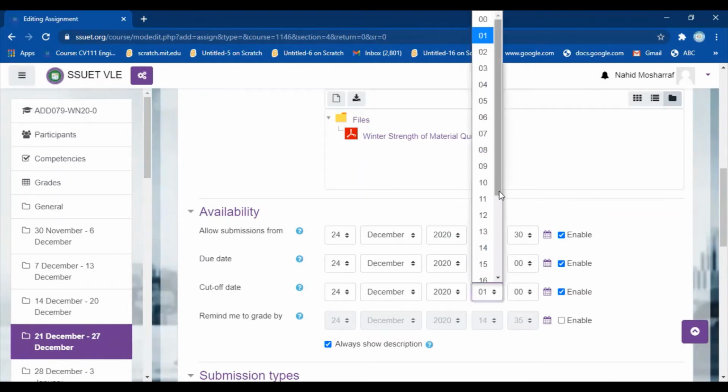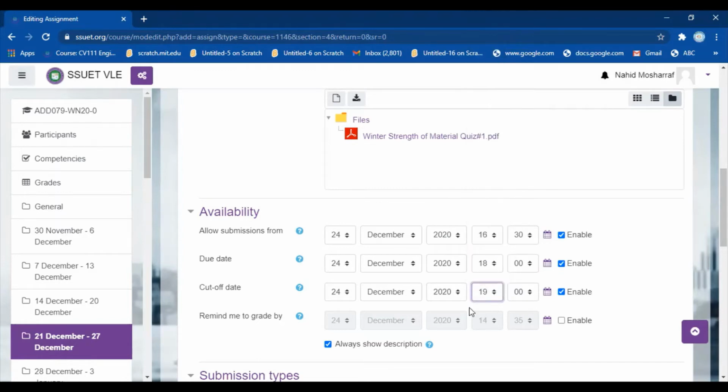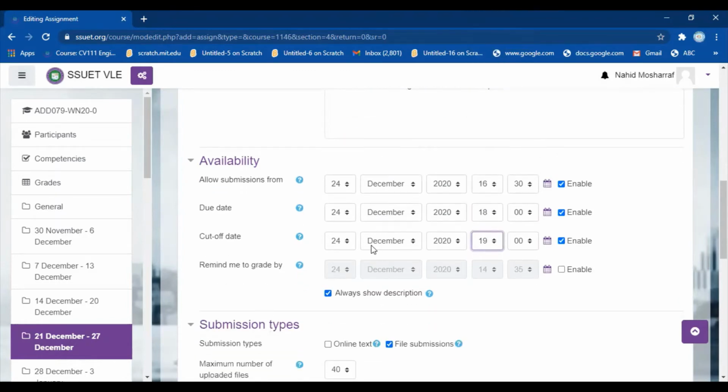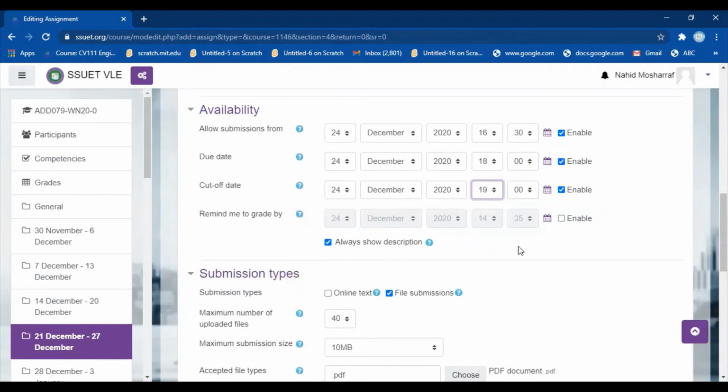So the timing will be, for example, I am giving 7 o'clock, a 1 hour margin here. The quiz is around 1 hour, but I am giving 2 hours extra. The 1 hour is visible to them, that they can see the 4:30 to 6 o'clock timing. But the other 1 hour is extra for the submission if they are having internet connectivity issues, load shedding, or any kind of problem. So they have a margin to submit the quiz, because I will not give extra time, and I am not going to take the quiz again.